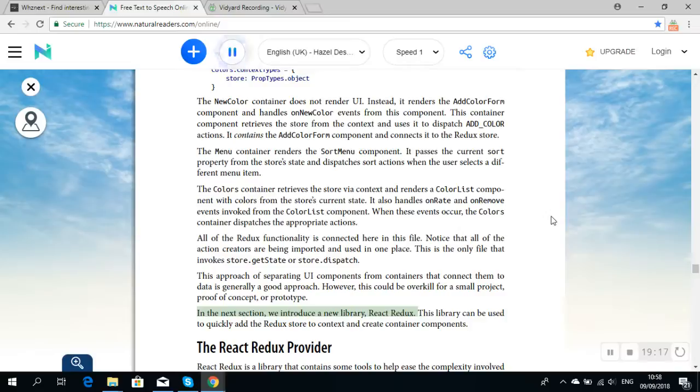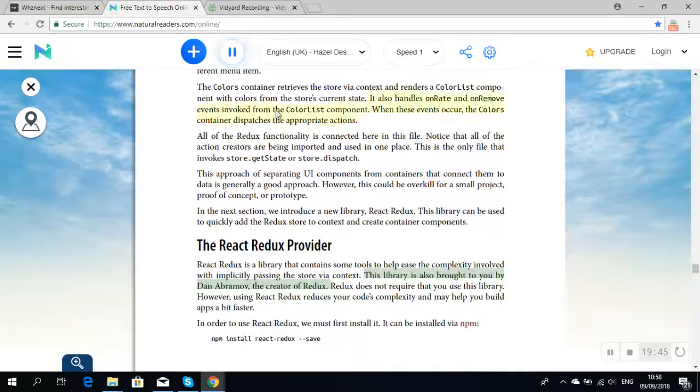In the next section, we introduce a new library, React Redux. This library can be used to quickly add the Redux store to context and create container components. The React Redux Provider: React Redux is a library that contains some tools to help ease the complexity involved with implicitly passing the store via context. This library is also brought to you by Dan Abramov, the